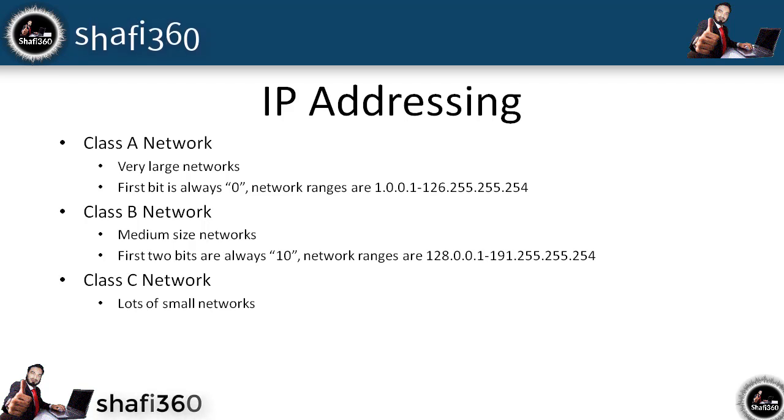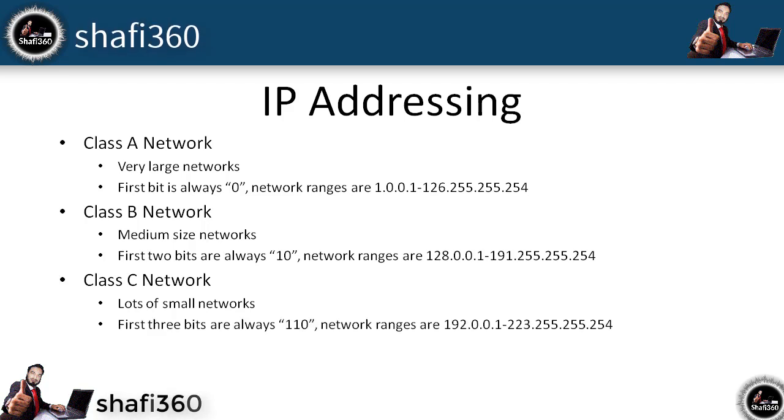These are the /24 networks that you probably have run across if you've dealt with any type of small network, or if you've dealt with a home network. By default, they come with a 192.168.1.0/24 network. So if you've just used its default configuration, you're using a Class C network. The Class C network, the first 3 bits are always 110, which means the possible network ranges are 192.0.0.1 to